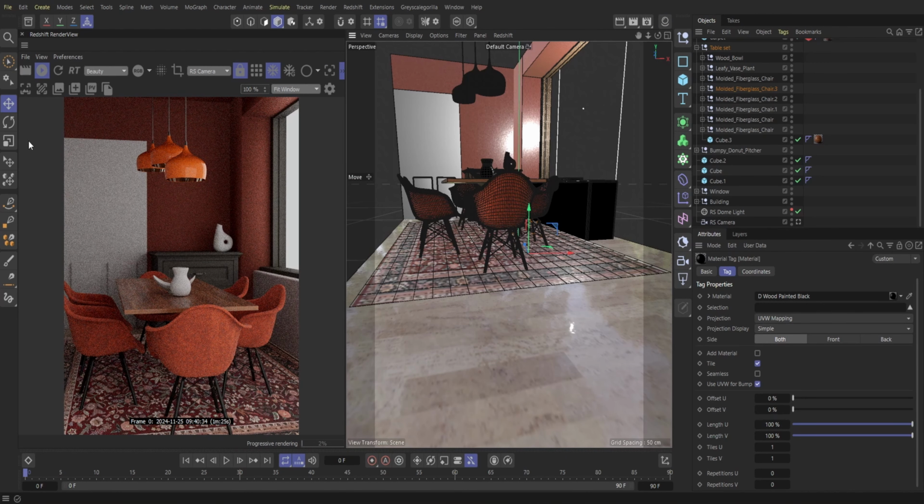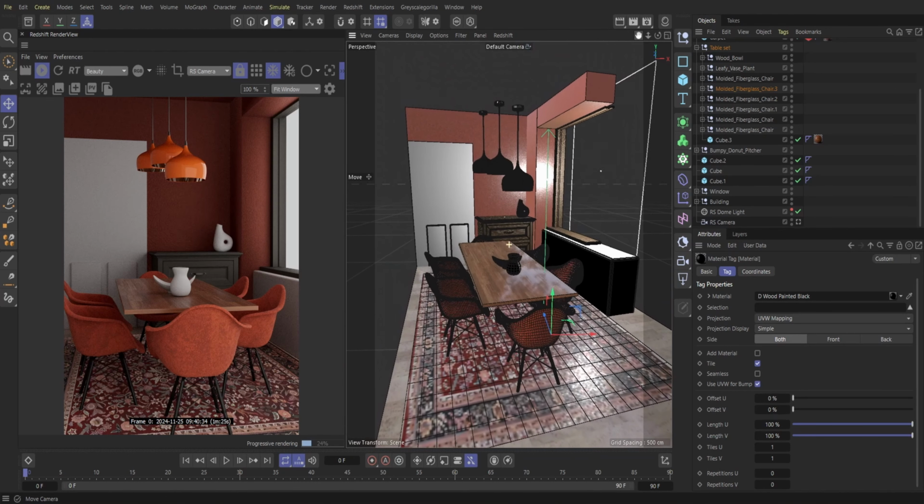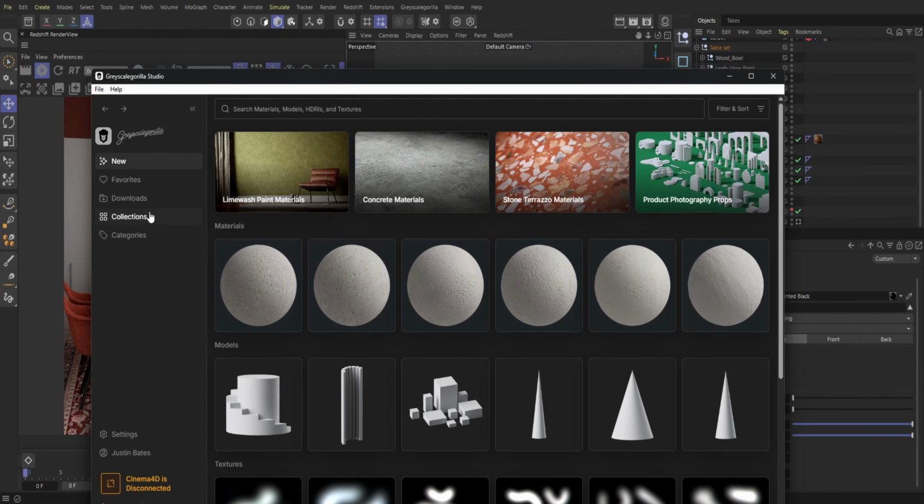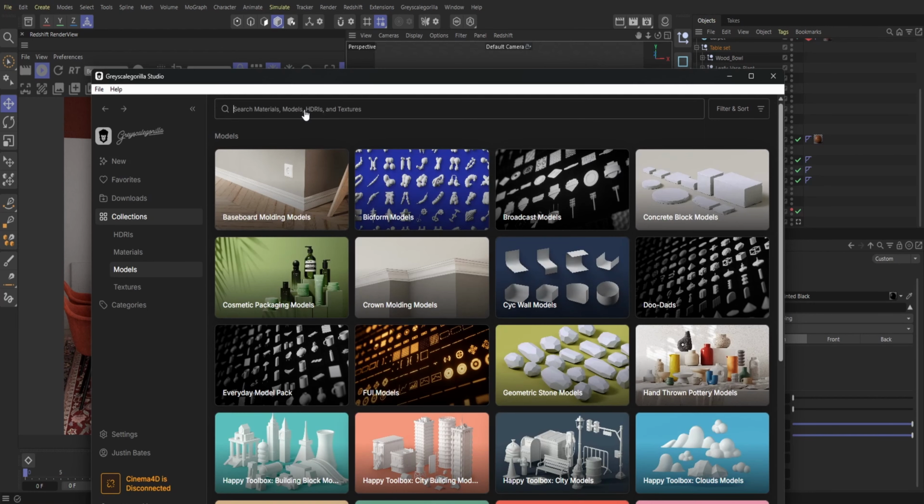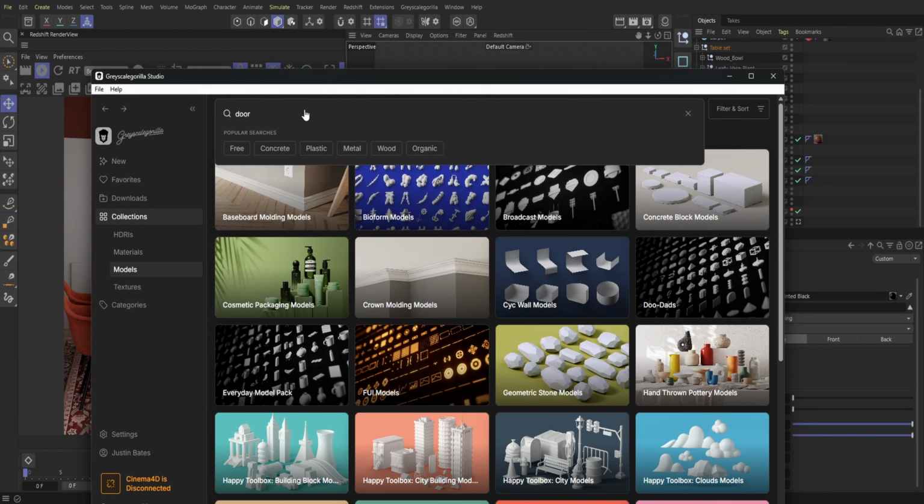Cool. So that is done so far. Again, we can always go back and just check on it, or alter it in general, but I think that is good for now. Next up, we'll hop back into Grayscale and we will go into our model section and we will type in